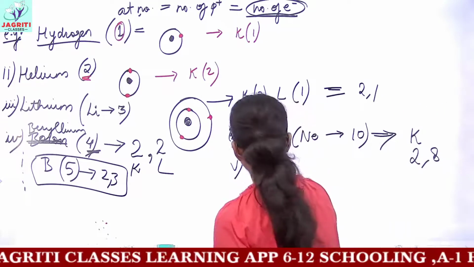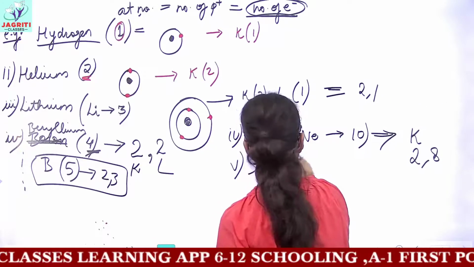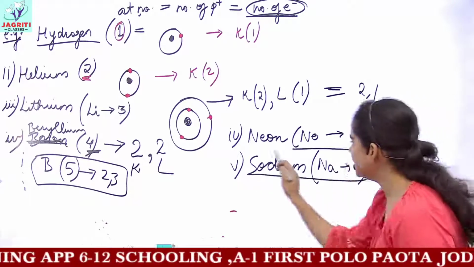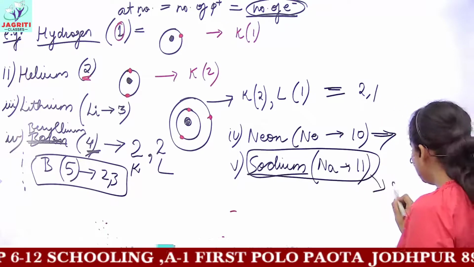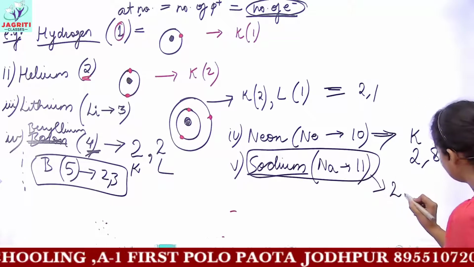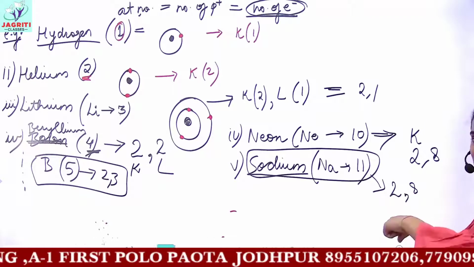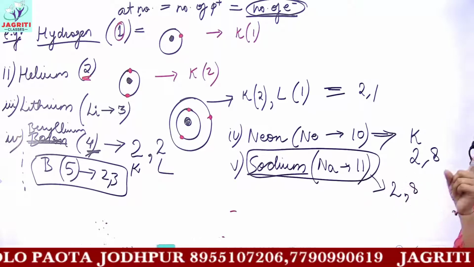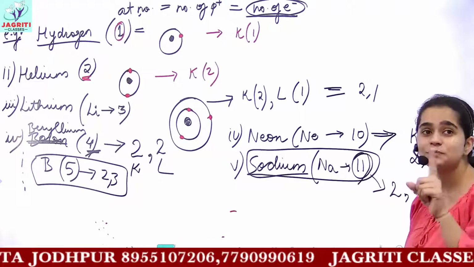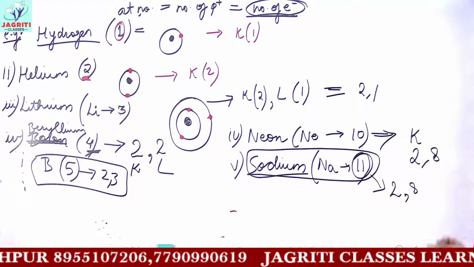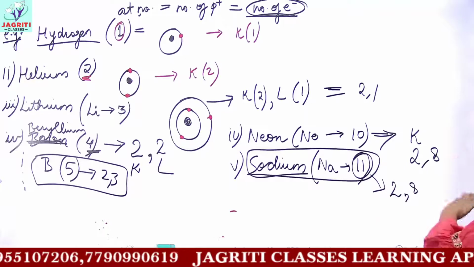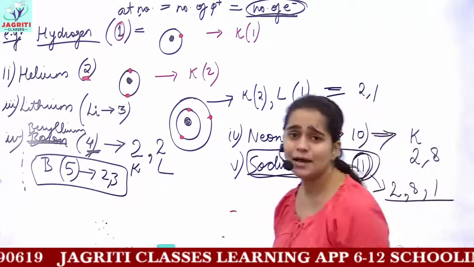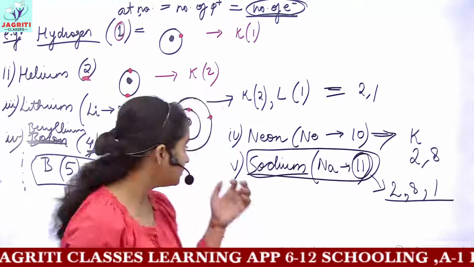Now next what you have is sodium. Sodium is Na with an atomic number of 11. Now for arranging the electrons in sodium, you arrange the first 2 electrons in your K shell, 8 electrons in the L shell, because we cannot fill more than 8 electrons in any shell. 2 plus 8 gives you 10. But you have a total of 11 electrons, which means 1 electron is still remaining with you. So the remaining electron will go in the next shell, that is you will have the configuration 2, 8, 1. So these are all the examples you are given in your books, the first 18 elements.